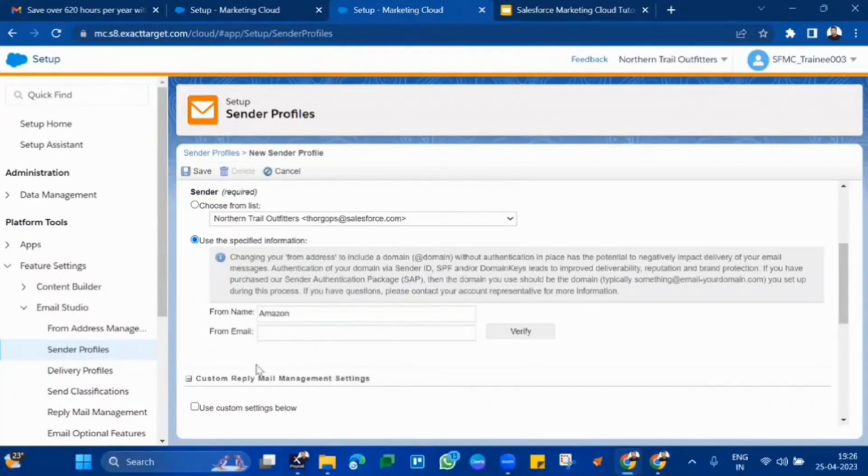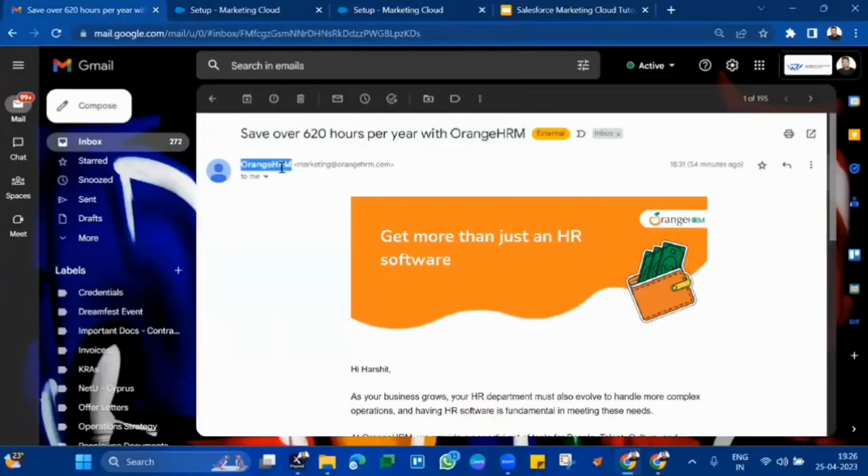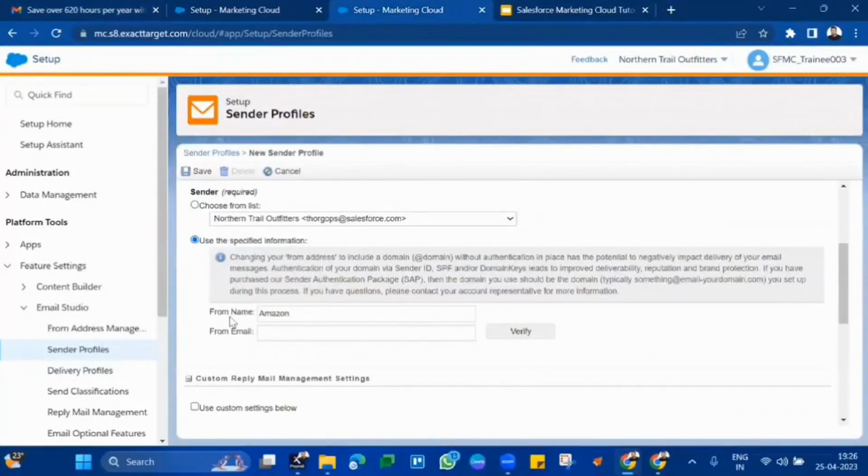Then your from name should be reflecting your company name. Like in that case, it was Pepperfry, Orange, HRM. These are the company names. In from name, you have to define the company name. And from email should be the email address you will use to send communications, like